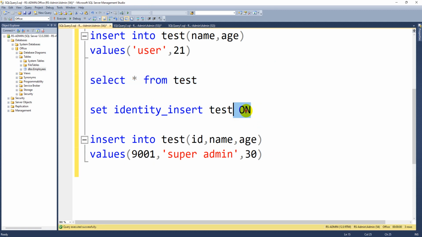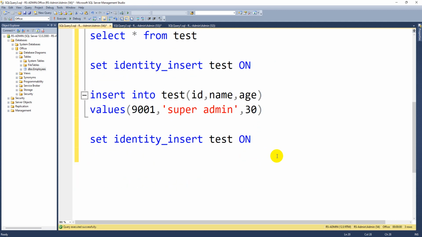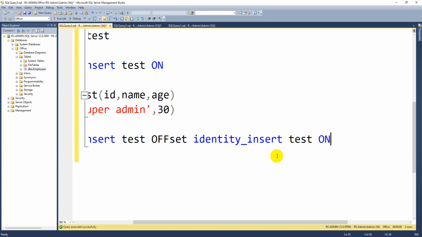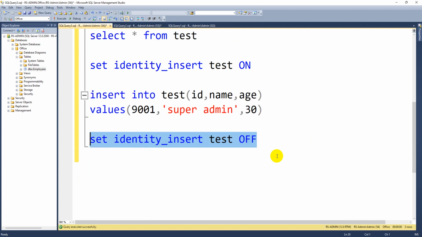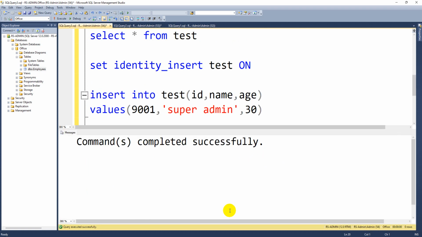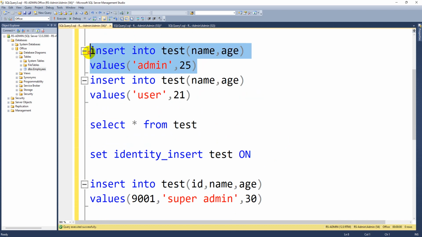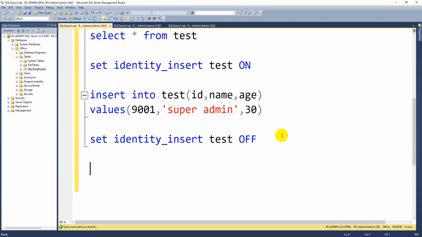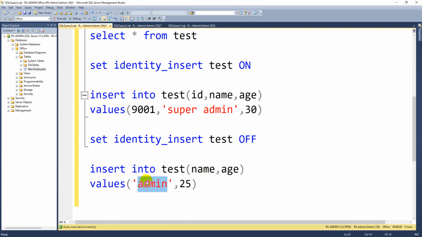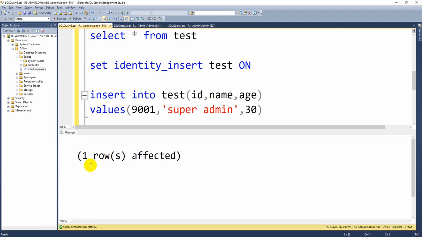Now whenever you don't want to continue manually and the system needs to continue the incrementation, you simply make it off, then the system will execute from there. So I'm executing. Now the identity will be generated by the system this time. Now once again I am executing an insert like developer, so it was executed, no doubt at all.